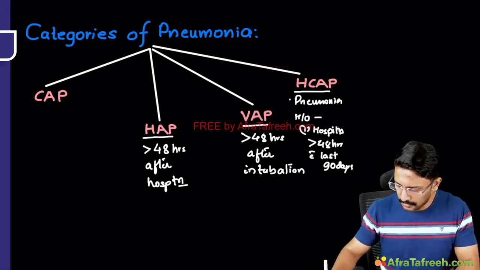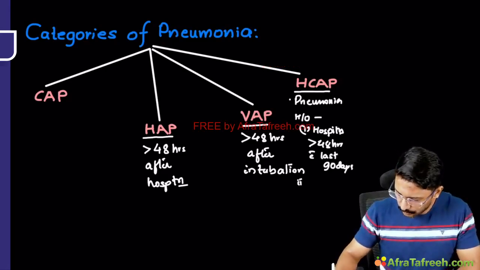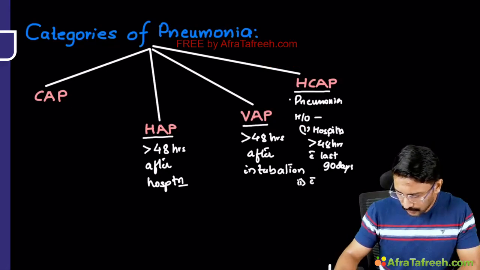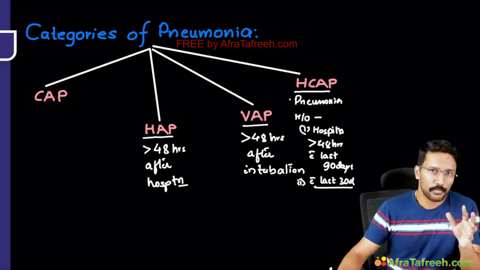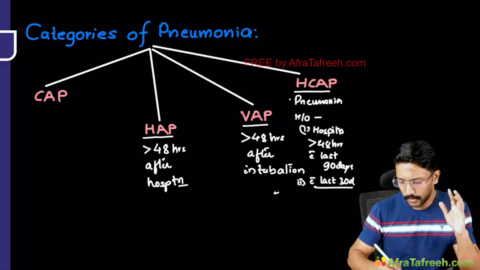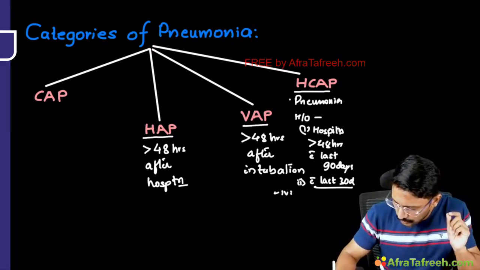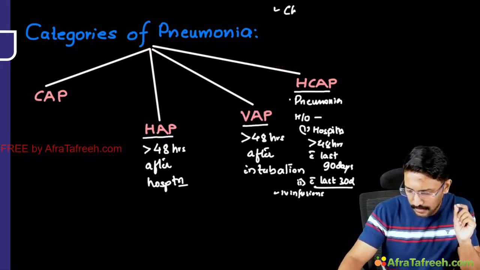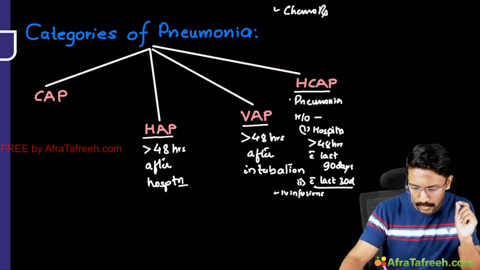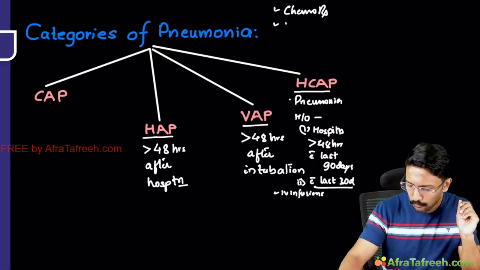That is one criterion prescribed. And the second thing you need to remember is, within the last 30 days, if the patient had 2 or 3 important parameters. Among them, one is if the patient had IV infusions even at home. And the other parameter is if he had chemotherapy, IV infusions, chemotherapy, or wound care at home,